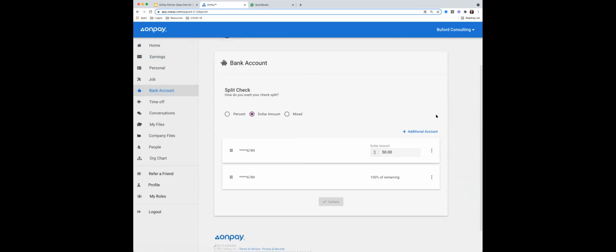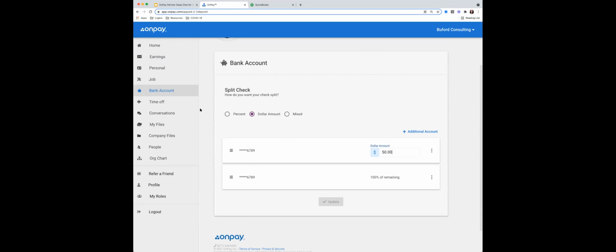I can add in my bank account information. I can add in as many accounts as I like, and I'm able to split my net pay over several accounts. I can choose how that split occurs, whether it's a flat dollar amount or a percentage of net. It's really up to the employee how they want to configure that. And I always feel like direct deposit can be a little bit tricky on both sides. You want to make sure it's entered in correctly the first time, so put that on the employee to do themselves.